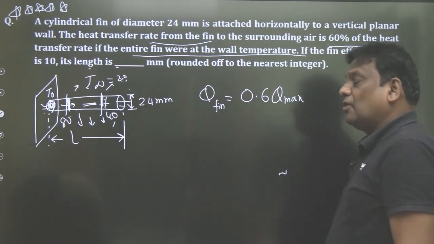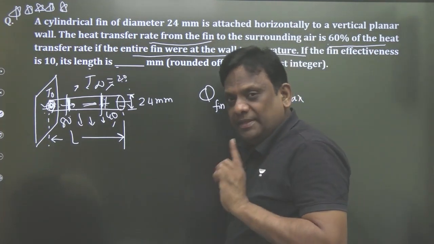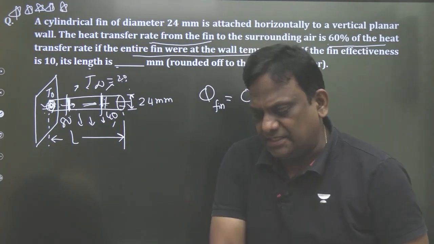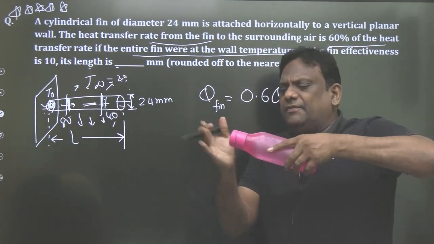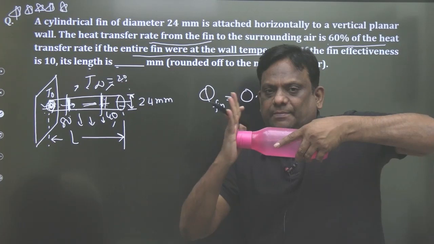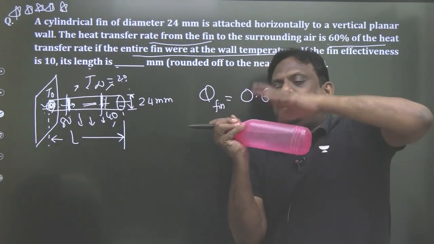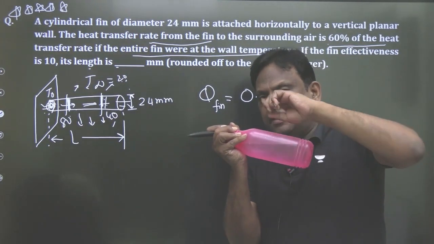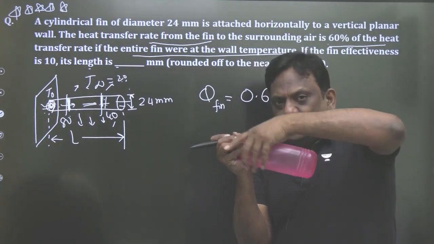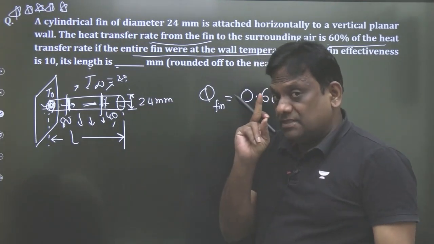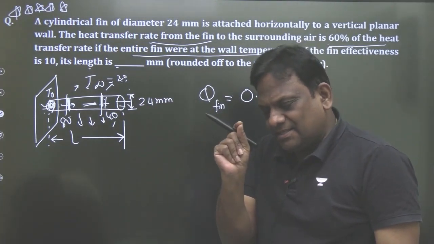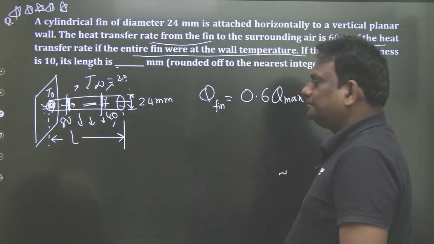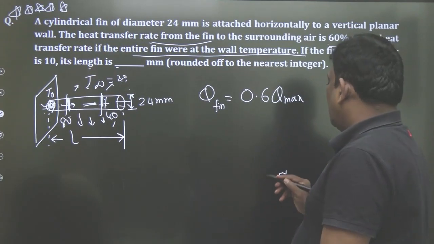You tell me, what will be the heat transfer? Listen carefully. What will be the heat transfer? So if the entire fin is assumed, now look, something like this, this is the fin. If this is T naught, the base temperature, and the entire fin is at T naught minus T ambient, that is the difference. So through what area is it transferred? Surface area, pi d into L. Here I am missing something. I'll take it later. Look carefully. Now understand carefully.